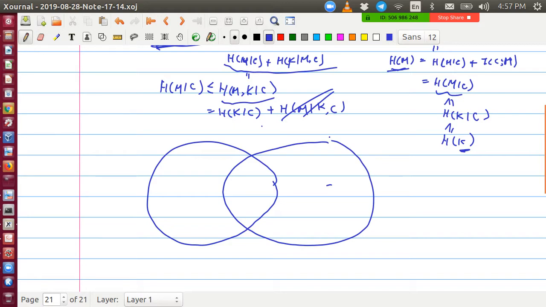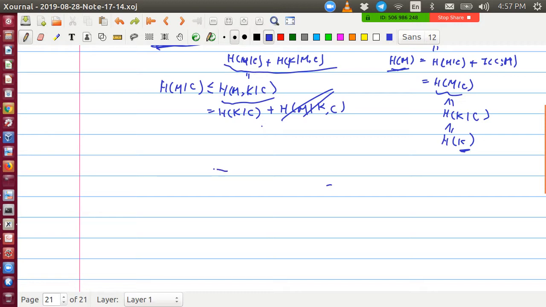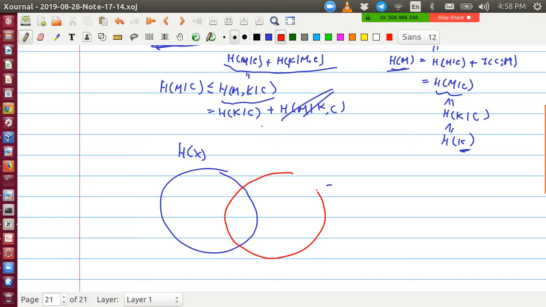For example, say this circle represents H(X), and this is H(Y). Then this part here